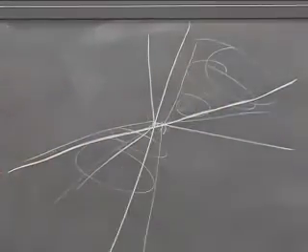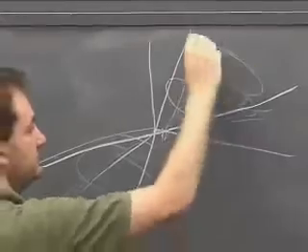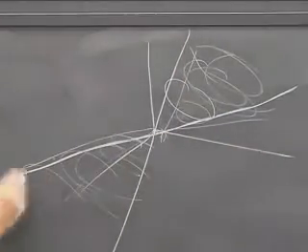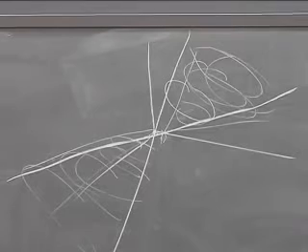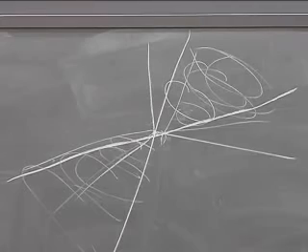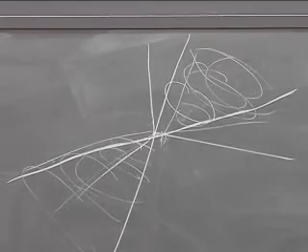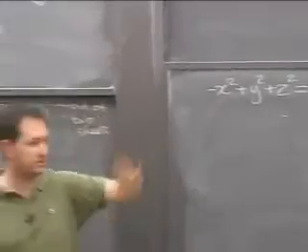Probably best to draw the two lines first and then fill in the circles. So you get a cone along there, and of course if you had different numbers there, you'd have a hyperboloid along those ways. So be careful not only of the coefficients, which stretch and shrink the different axes, but also be sensitive to which ones are positive and which ones are negative, because that just rotates